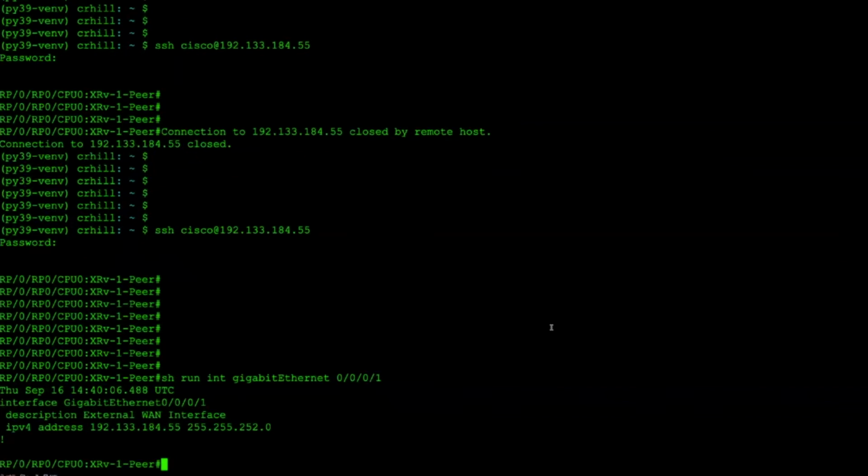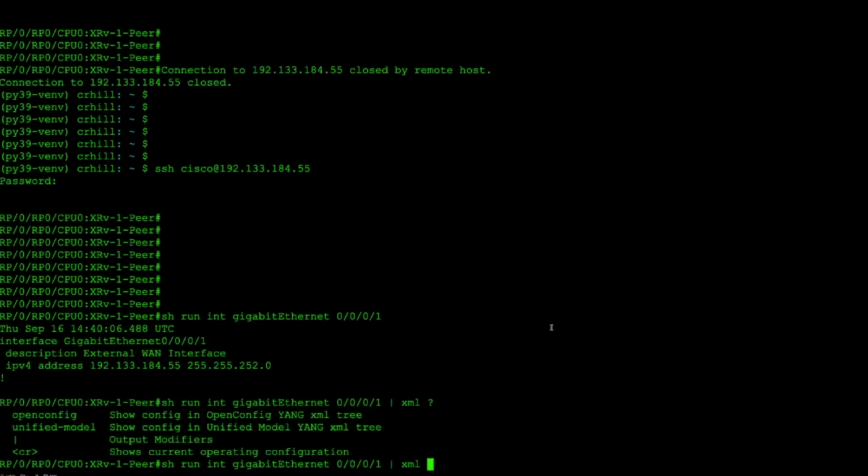It's got a description, and then it's got an IP address, and this is represented obviously within a YANG model itself. And so when I start looking at this utility, I have the ability now to look at the config itself. Like this config, I can look at it. Steven is doing some awesome work in OpenConfig. He may say, look, I want to look at this in the OpenConfig format, which I can